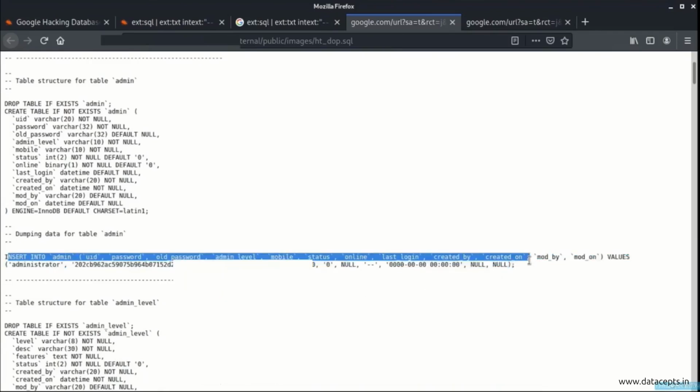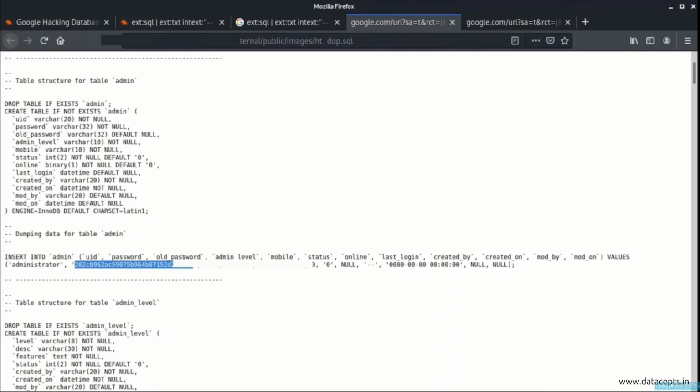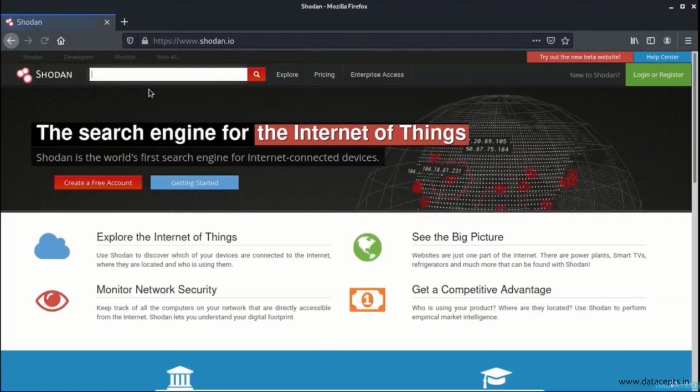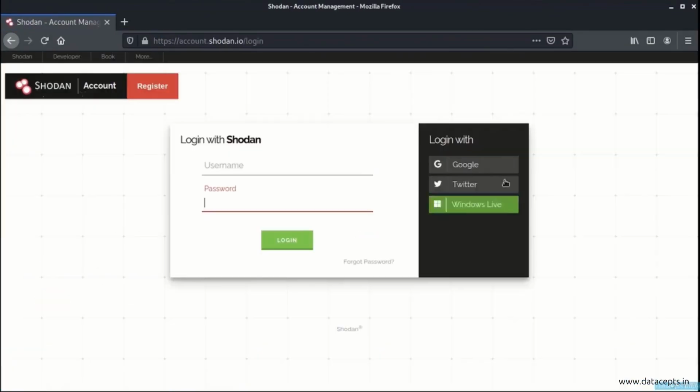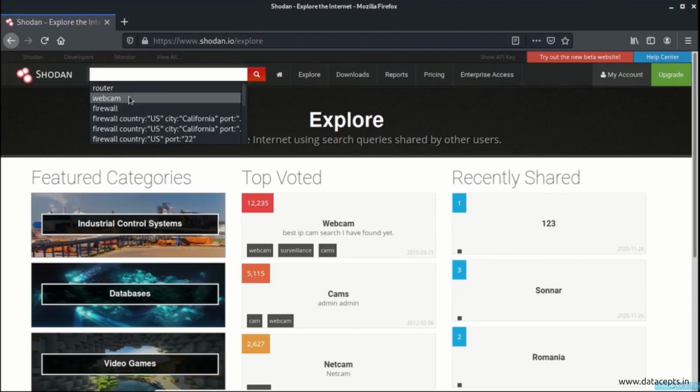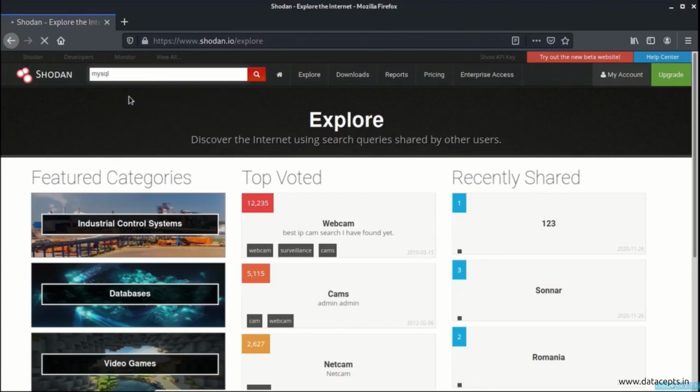It provides you with plenty of information: the queries that are used, the user accounts, the passwords, everything is mentioned over here. Let us go to the shodan.io website and log in. I'll log in here with my Google account. Once I log in, I'll search for mysql,